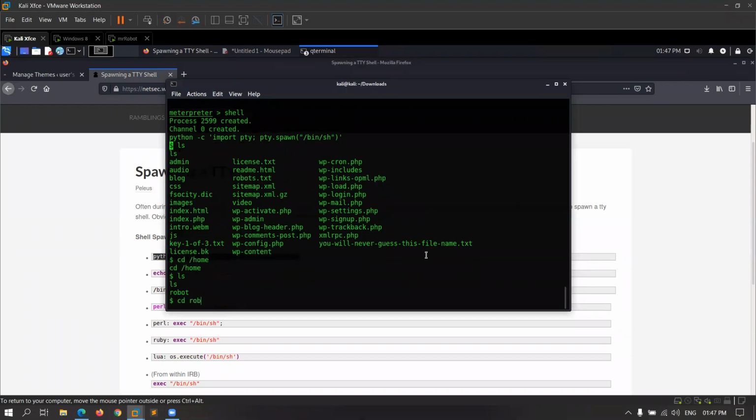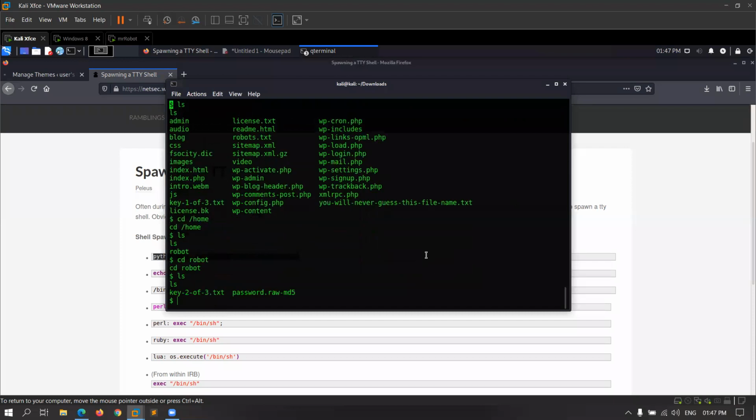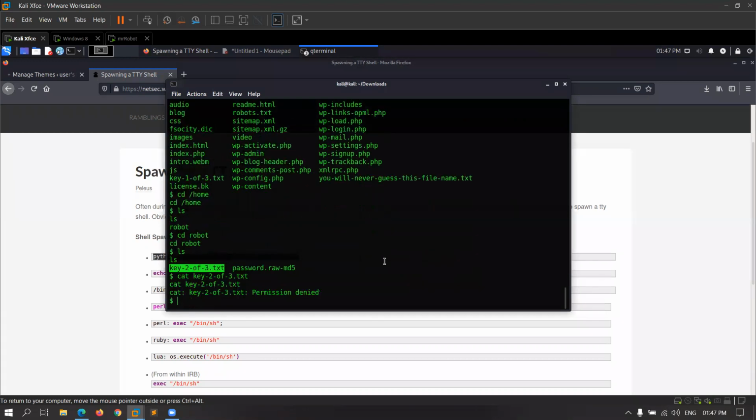I will go to the folder robot and type ls, and you can see key-2-of-3. So let me try to read it. key-2-of-3.txt and permission denied. I'm not a root user here, but I can read the password.raw-md5 file.